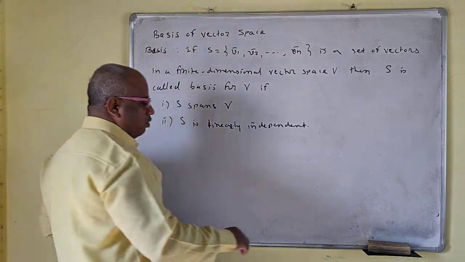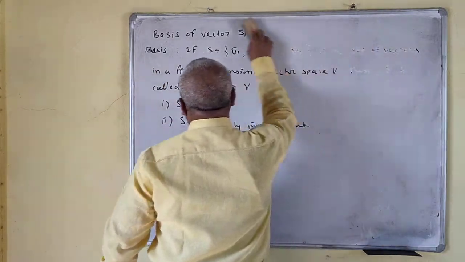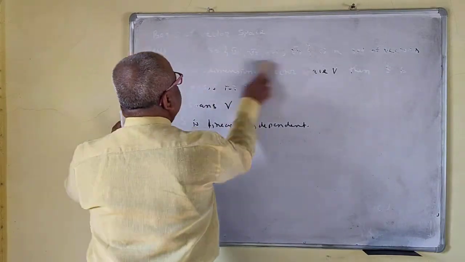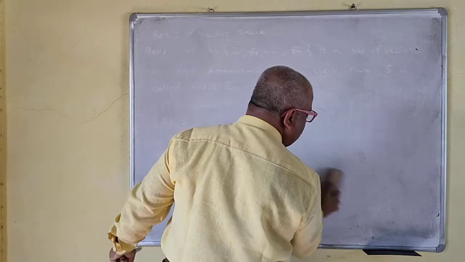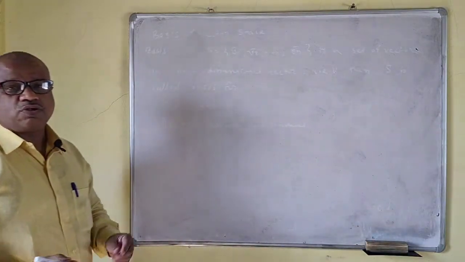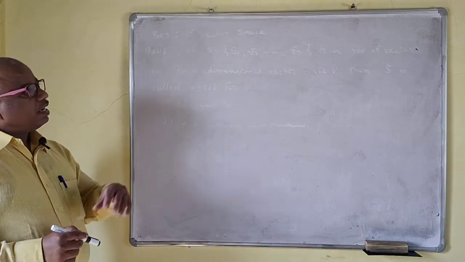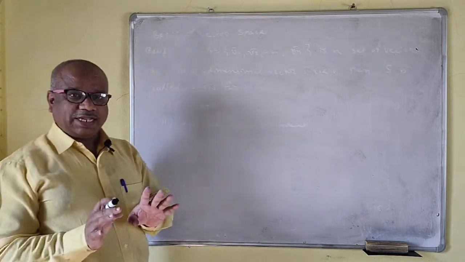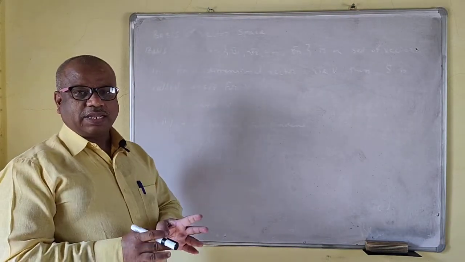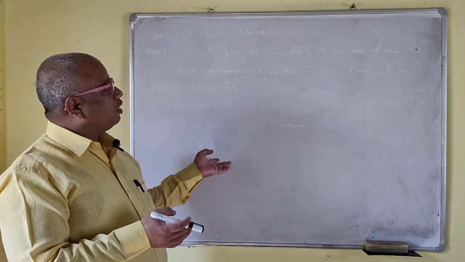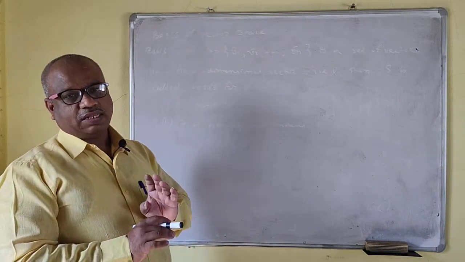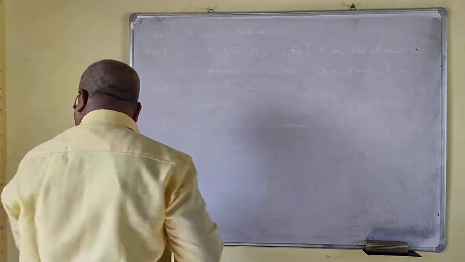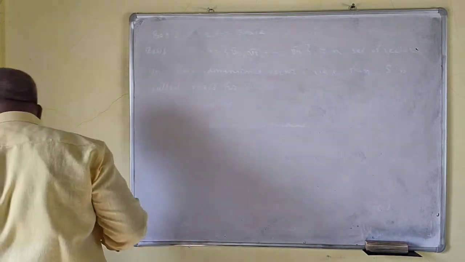Okay, so we'll see some problems on it. To prove that a set is a basis, what do we have to prove? It is linearly independent and spans V. First prove it is linearly independent, because linear independence is the easiest way, instead of the span. So first prove it is linearly independent and then prove it spans V. We'll do that for one problem.